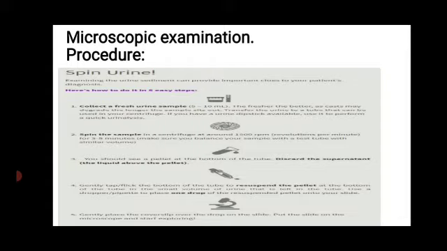After that, gently tap the bottom of the tube to resuspend the pellet in the small volume of urine that is left in the tube. Use a dropper to place one drop of the resuspended pellet onto your slide. And lastly, gently place the cover slip over the drop on the slide. Put the slide on the microscope and start exploring. So, these were the steps for sample collection and for the microscopic examination of the urine sample.